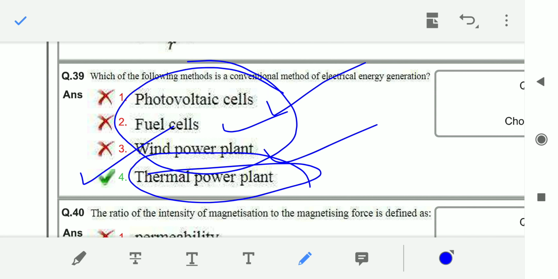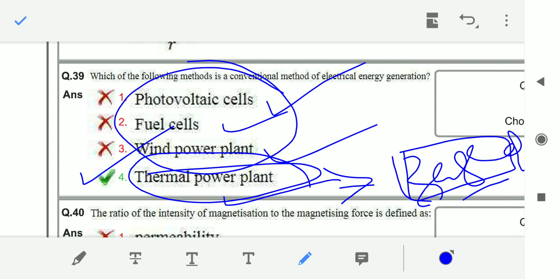Thermal power plant is a non-renewable source, and this thermal power plant we can use as base load, okay. That is also a very important question. Whereas we have hydel power plants, right? Hydro power plants are used as the peak load power plants, remember that also. And thermal power plant, hydel power plant, nuclear power plant, the diesel power plant, all these conventional methods of electrical energy generation are non-renewable energy sources.